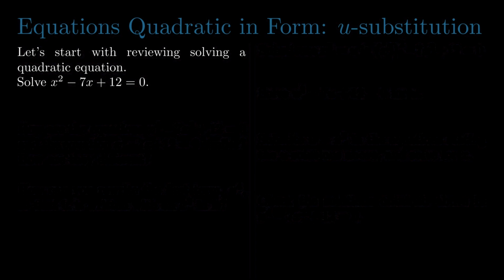We will solve the one that is given in here. We notice that it is factorable, and we know that factoring is the best method of solving quadratic equations. And it factors as (x - 3)(x - 4) = 0. So using the zero factor property, we get x - 3 = 0 or x - 4 = 0, resulting